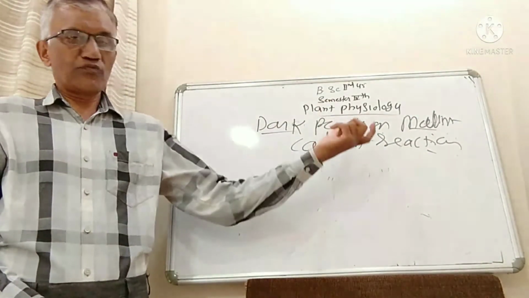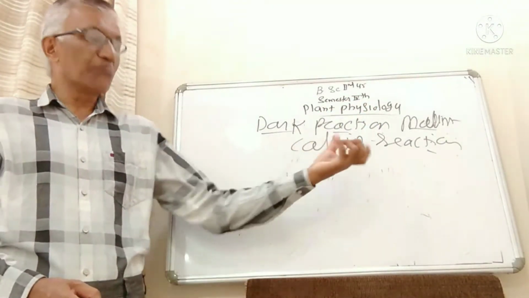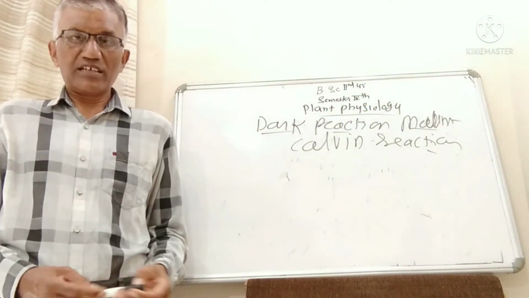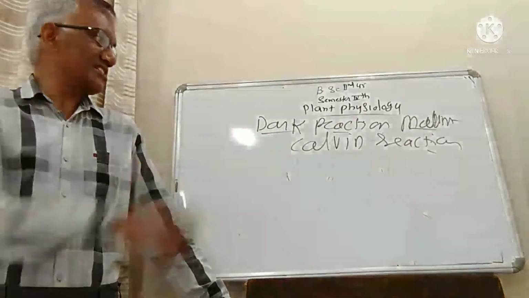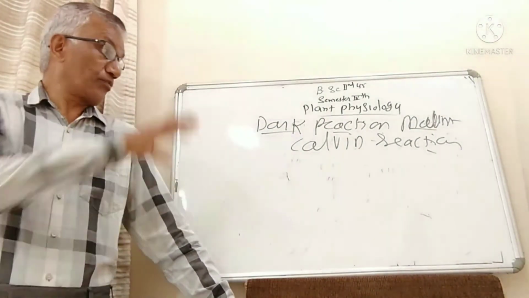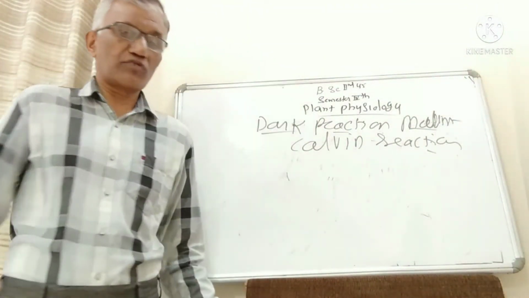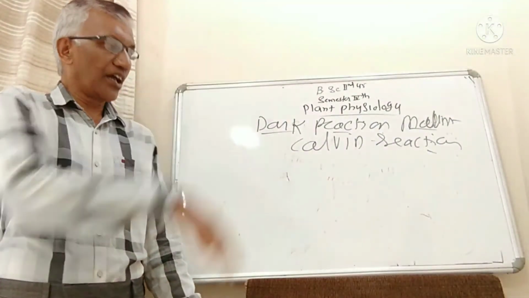Diagrammatically, I have to show the reactions along with the enzymes, and that will be the completion of the C4 pathway. The Kranz anatomy is one of the most important aspects of the C4 pathway. It explains what is meant by Kranz anatomy, what is meant by bundle sheath cells, and what is meant by